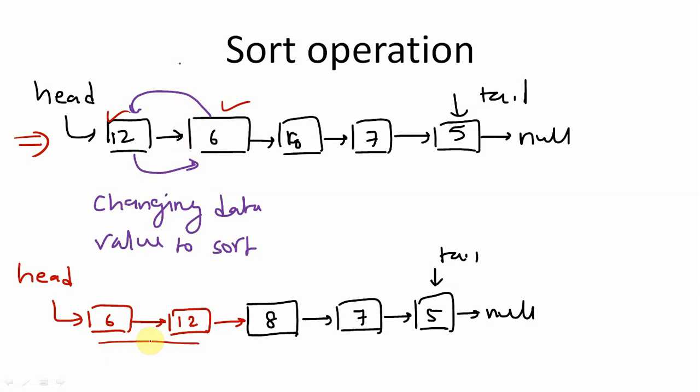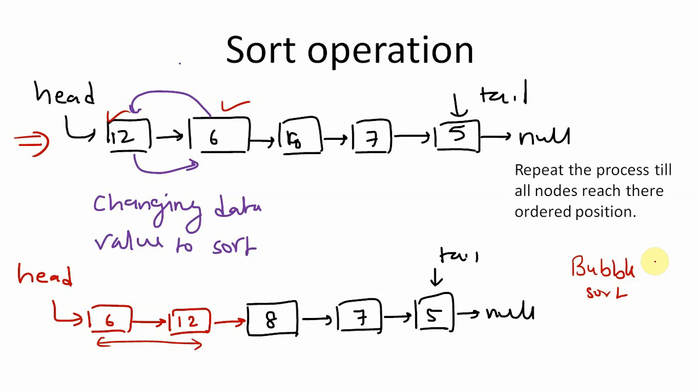Unless the linked list is sorted, we will repeat this process. There are many sorting algorithms, some take less time than others. Bubble sort takes O of n square, while some algorithms take n log n time. So you can choose a better algorithm and sort this particular linked list. Otherwise you can use the simple algorithm, bubble sort, for sorting the linked list by changing the data element, not by changing the